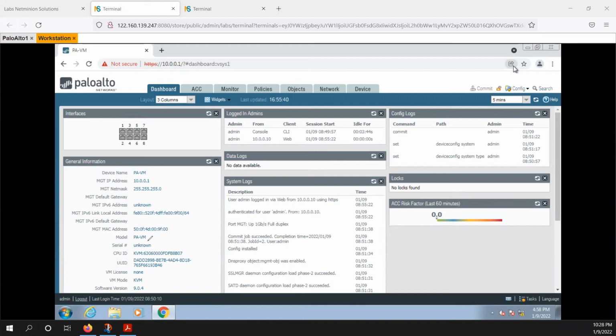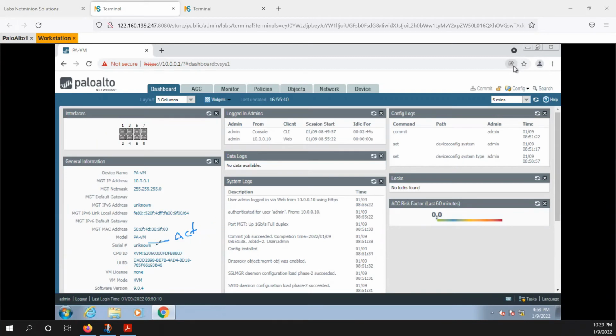And then this serial number. This is again a very important thing. Without a serial number, you cannot integrate your firewall into the Panorama. Okay. So this is really important. And you would get the serial number if you activate your firewall. So once you activate, you would get this serial number. Okay, this is really important.